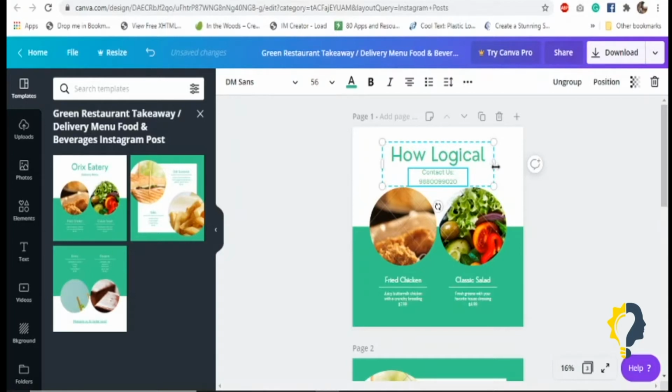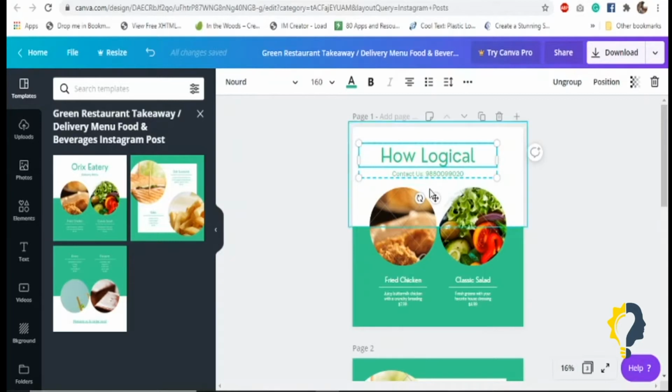This is not on one line. If we want to make it one line, we can increase the size also. Okay, just a minute. Yeah, so this now comes under a line.